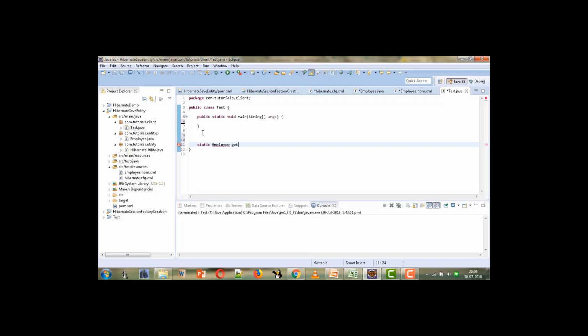So let the name of the method be getEmployee. Here we will create an instance of Employee and return that instance, equals new Employee.